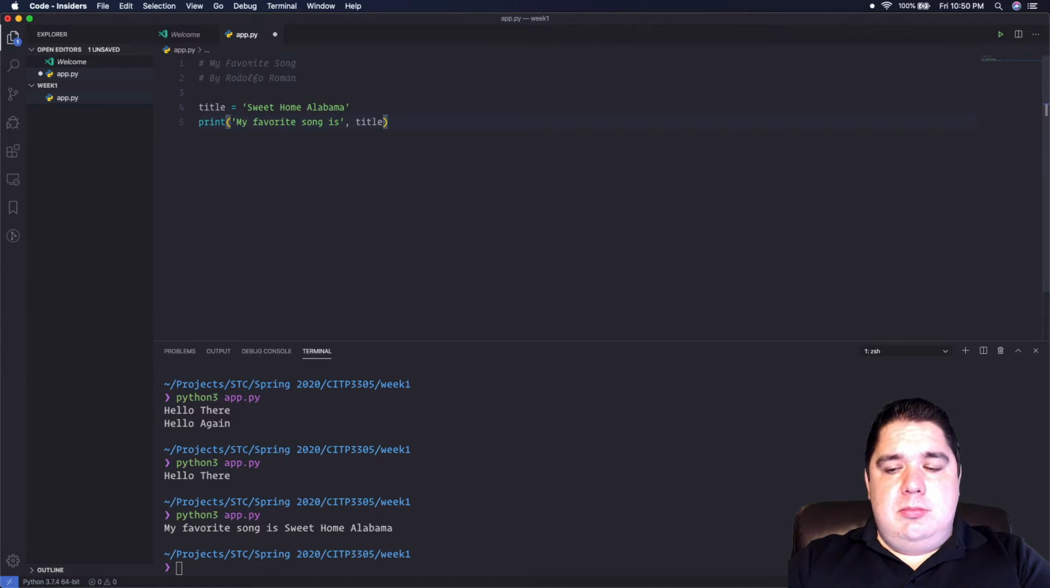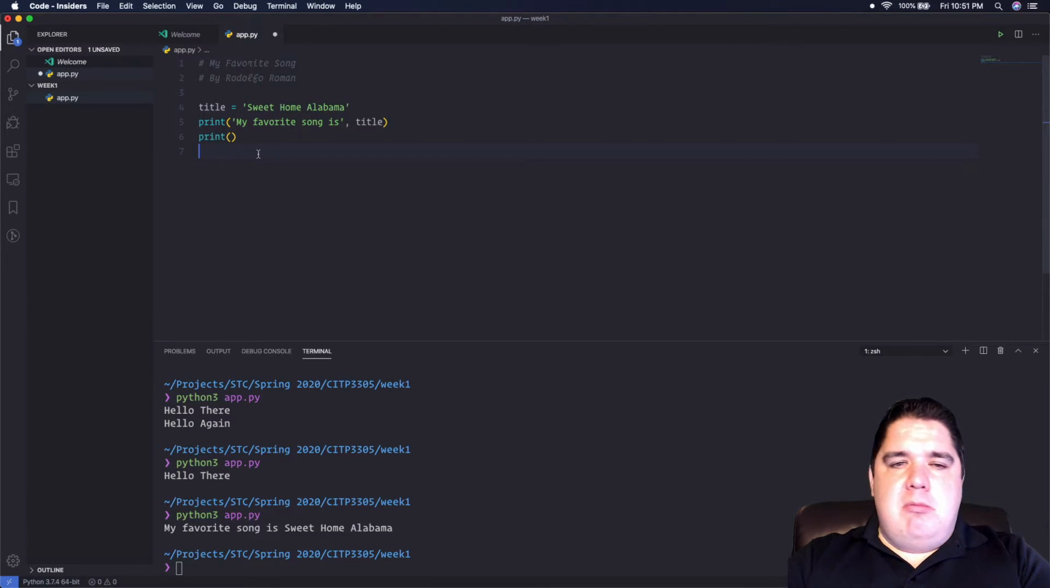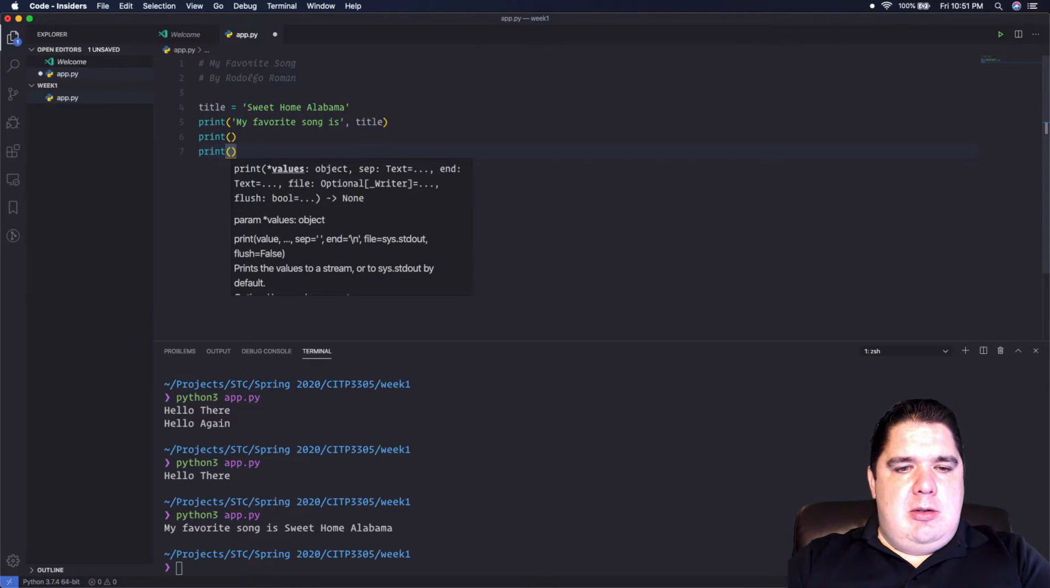Really simple, really easy. And we can actually just print something like this, or we can actually print something. This is just to skip a line, pretty much. And we can actually do print, let's say,